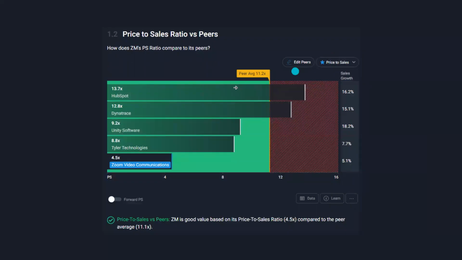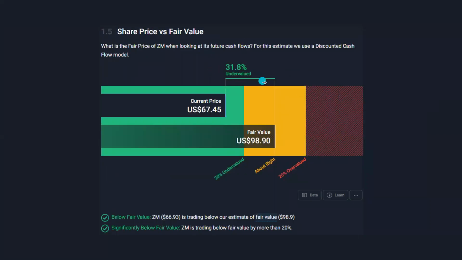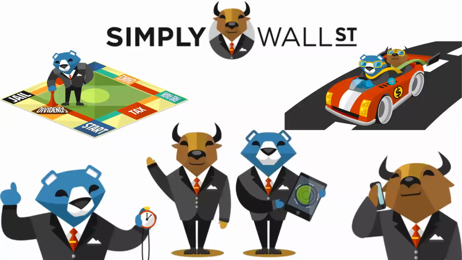We're also going to dive into some of the fundamentals of the stock. Take a look at the price to sales ratio. It is currently undervalued by certain metrics, and all of those metrics are going to be done using today's sponsor,